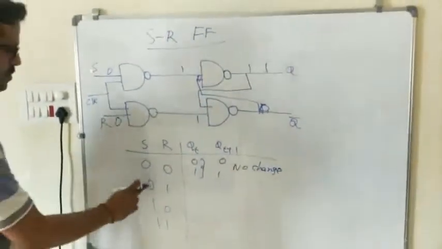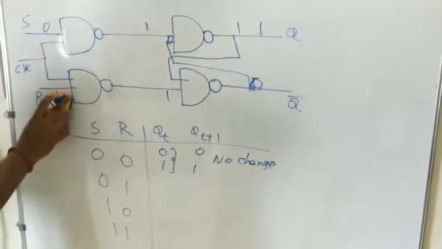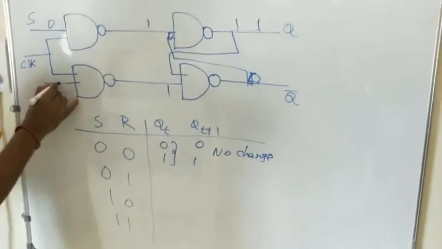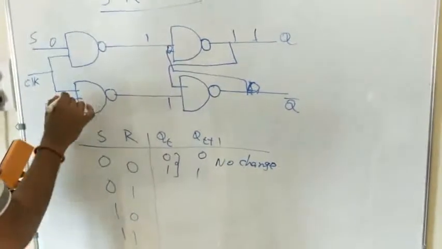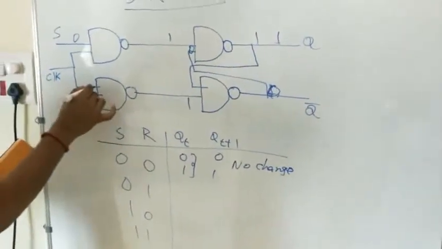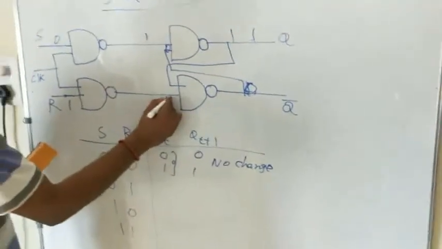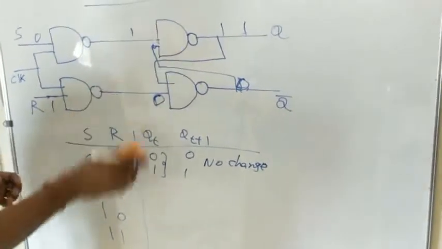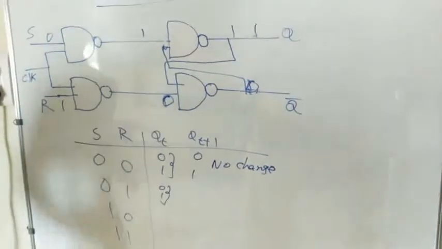Okay. Then now 0 1. For the next input 0, it is 1. If it is 0 means it is going to be 1 here. I have already told you that clock input we have to assume that it is 1. So 1 1 means we are going to get 0 here. Okay. So now we have to check once again with the present state, the values of 0, 1.